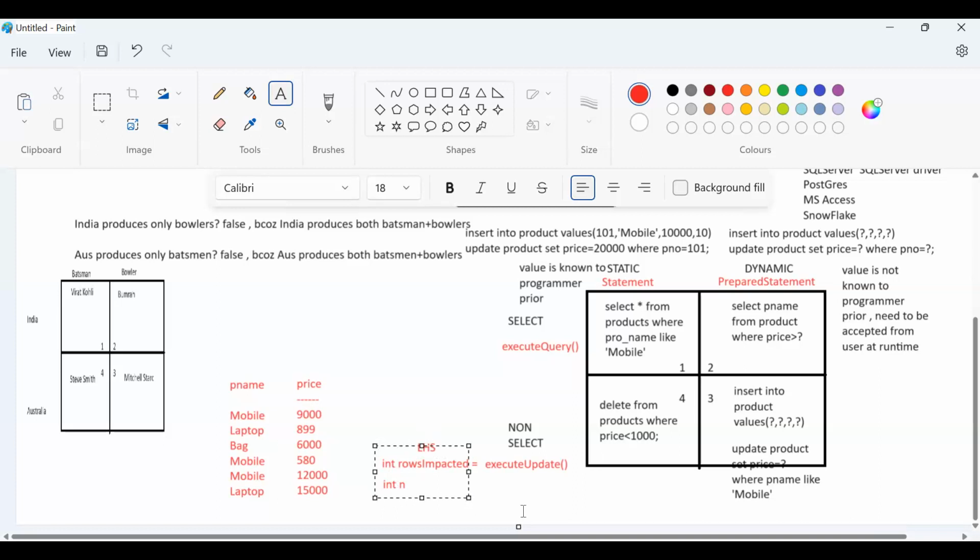The value. Integer. Value of what? Value of the number of rows impacted by that query. What will it store? Number of impacted rows. Correct. So it will store the value of the number of rows impacted by that query. Okay. And if you are firing a select query,